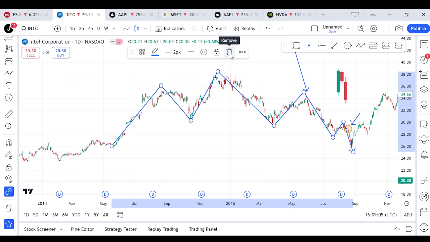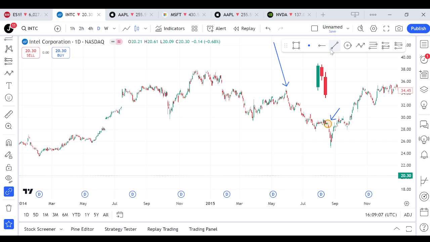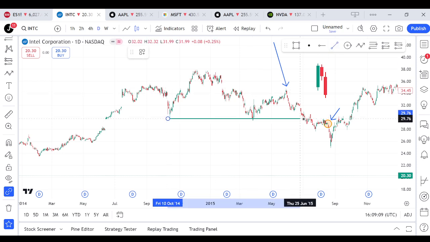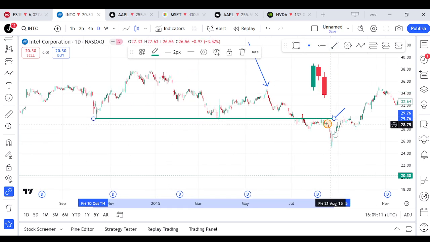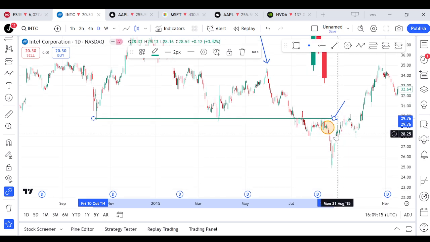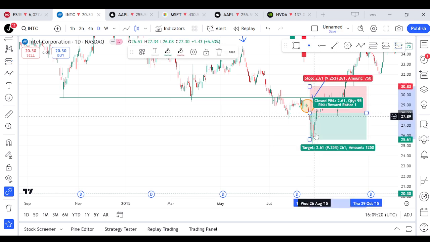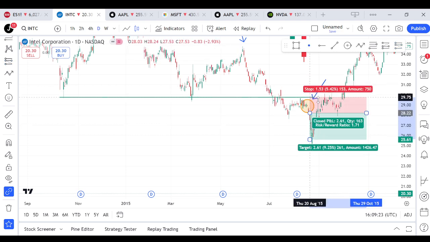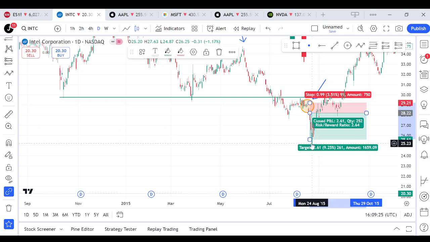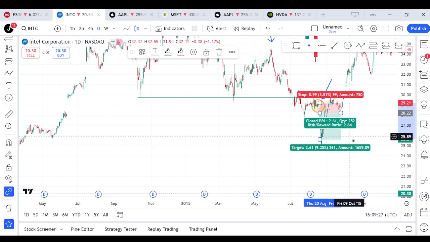When you analyze this deeper, you can see this neckline getting retested right here, where we had the bearish three inside down candlestick pattern. So you could just take your short trades from here at the close of the third candle. Your stop loss is above the first candle, and you could target significant support